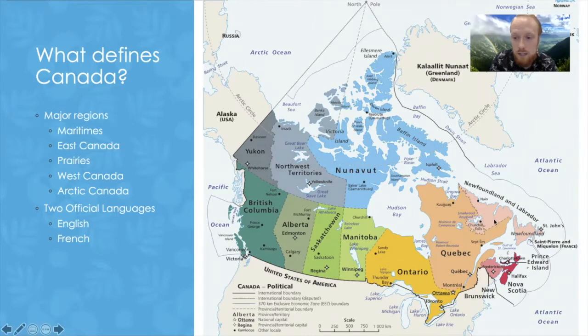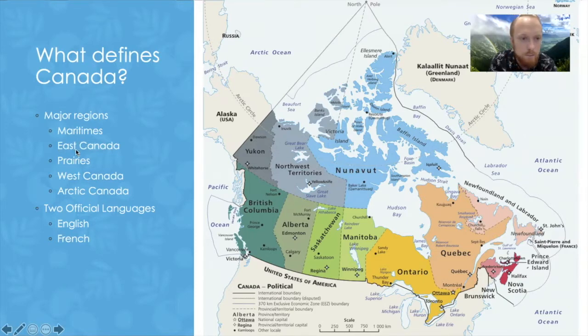So we have the Maritimes, which sounds like a good old time, a merry old time, but no, it actually just means the ocean, anything having to do with the ocean. Maritime, it's an adjective. But when we talk about Maritimes in Canada, we're talking about these provinces over here. So we got Newfoundland, Labrador, Prince Edward Island, Nova Scotia, and I don't think New Brunswick counts as that, but